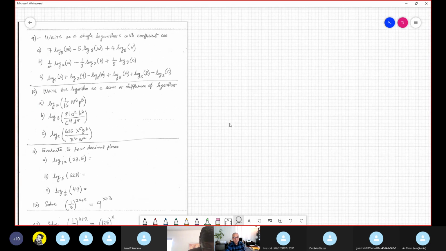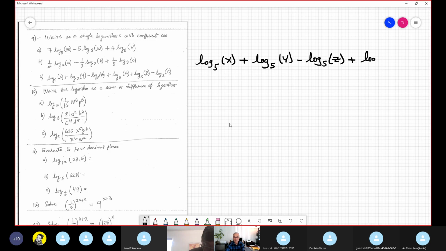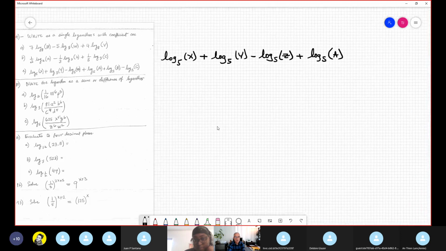Number C is, wow, we have 6 logarithms, but some are positive and some are negative. I know that the positive ones condense like a multiplication on the top, and the negative ones condense like a multiplication in the bottom, no? Yeah or no? I am wrong, I am right. Capital A. Okay, make it zoom. Plus,